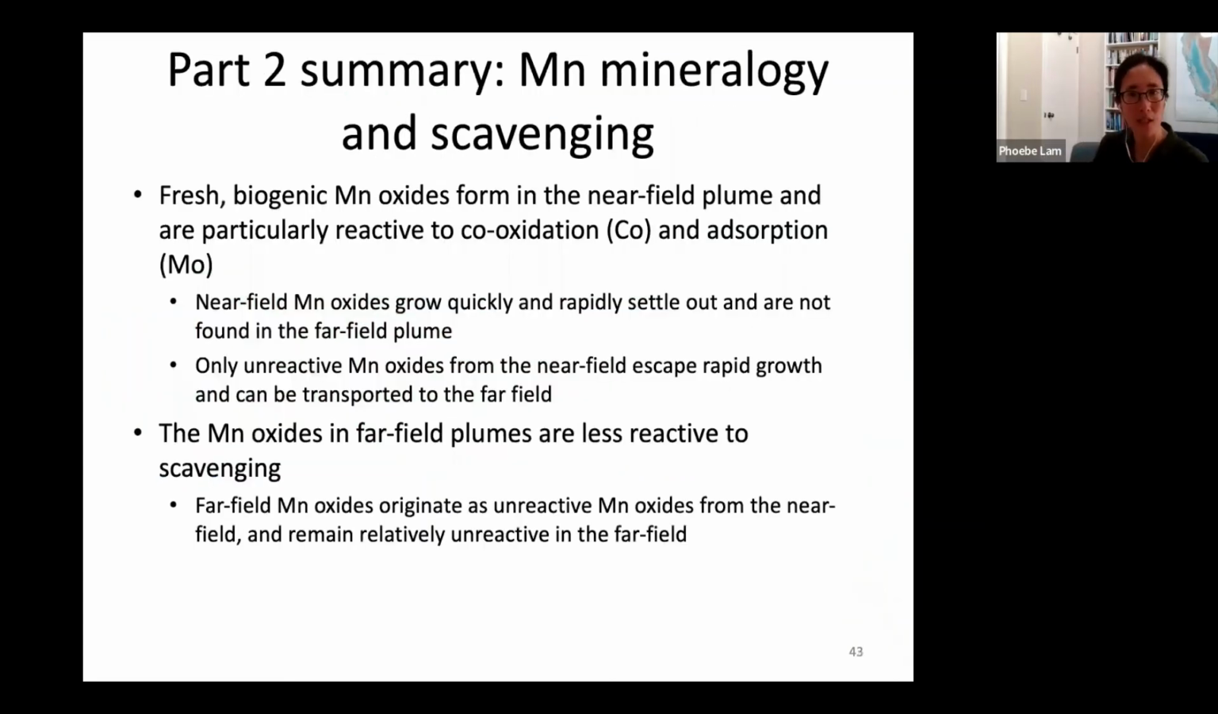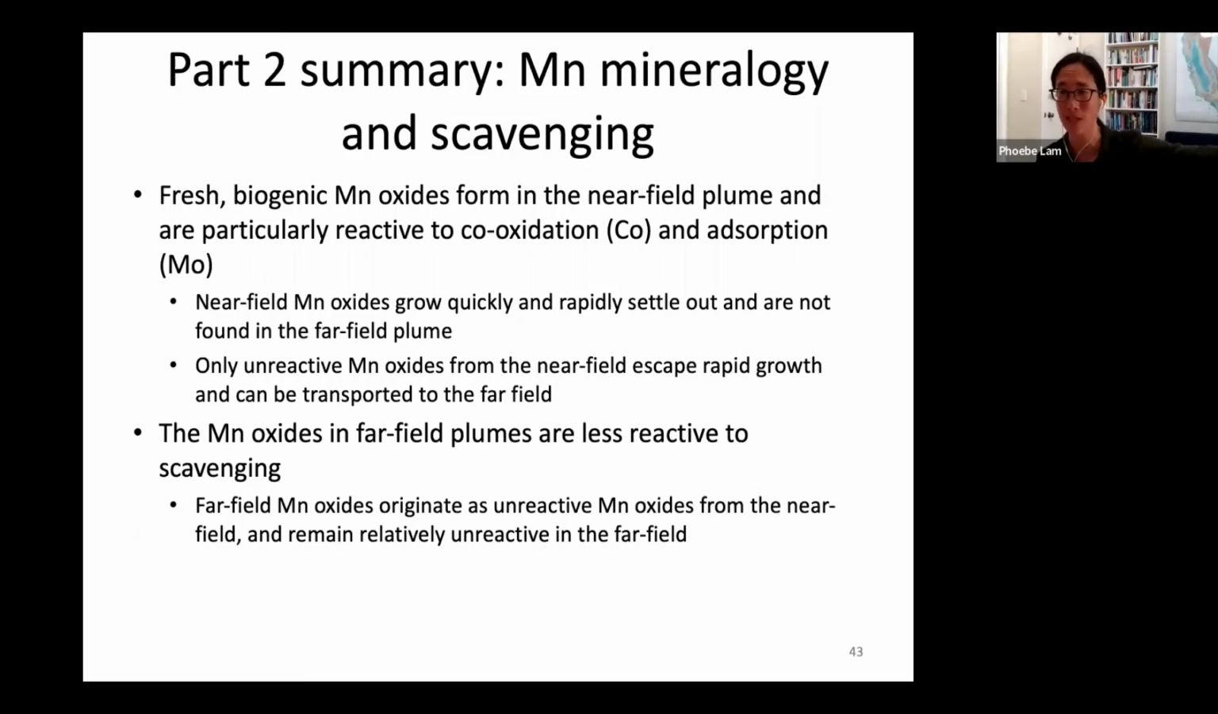So the summary here is we've got fresh biogenic manganese oxides that form. We found that they form in the near field plume. They're extremely reactive. They can grow very quickly and as a result sink out, so they don't get transported very far away, but then they can co-oxidize cobalt and adsorb molybdenum. In the far field, we have this much less reactive stuff,